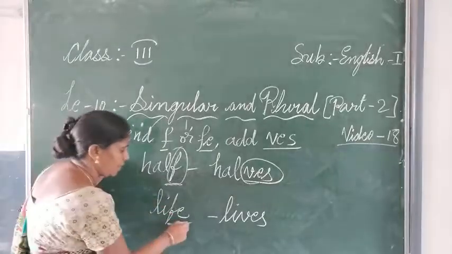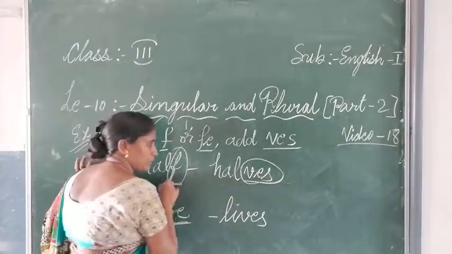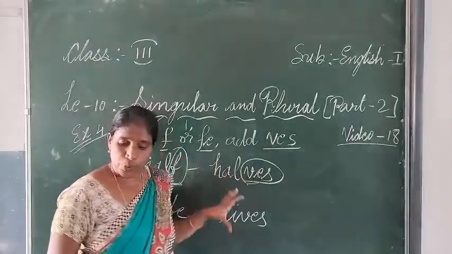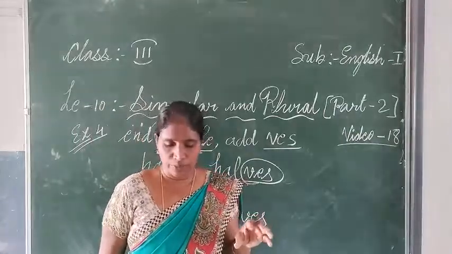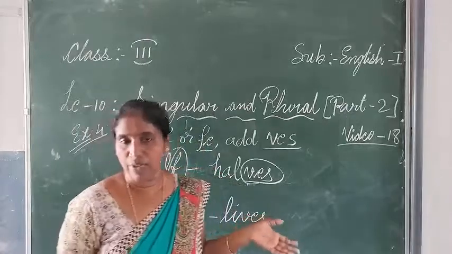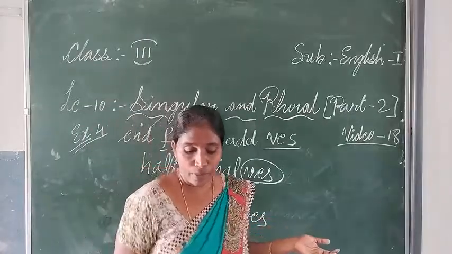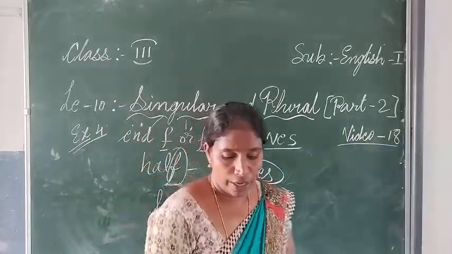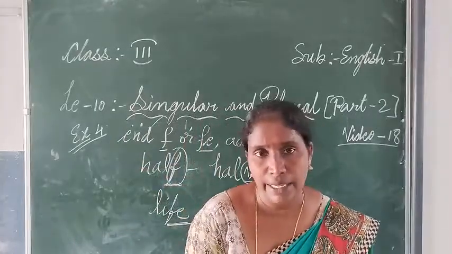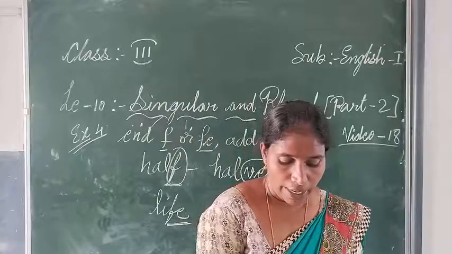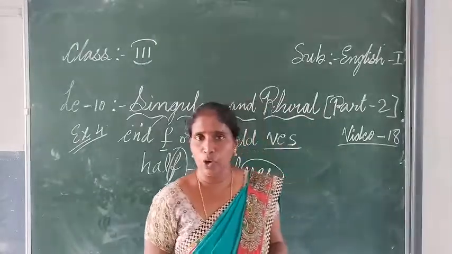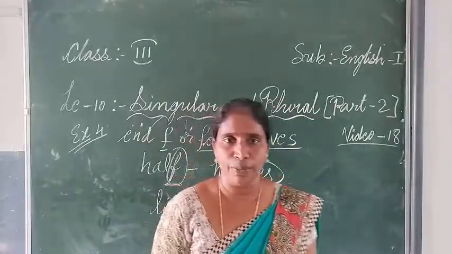In the place of F. Here we have done one exercise, and here also F. So these two exercises are in your textbook. Try to do them by yourself. If you have any doubt, then I will clarify with you. The next one and what to do, we will see in the next class. Till here, if you have learned and if you have any doubt, you can call me personally and clarify with me. Thank you all.